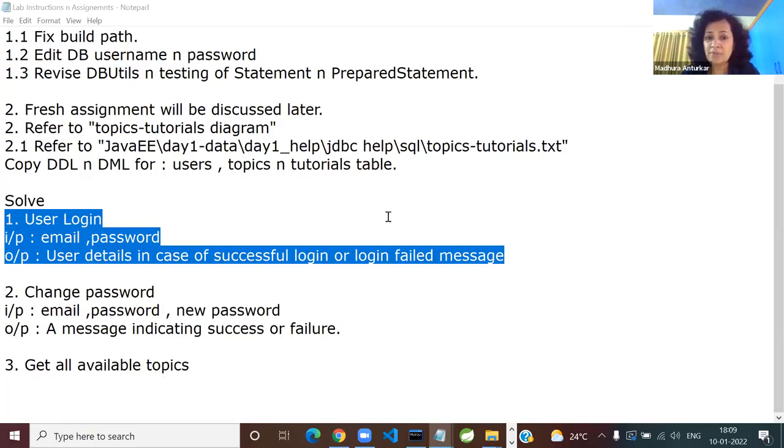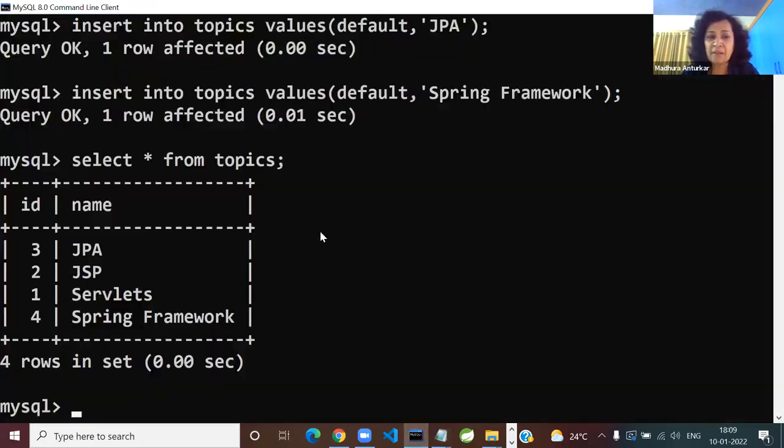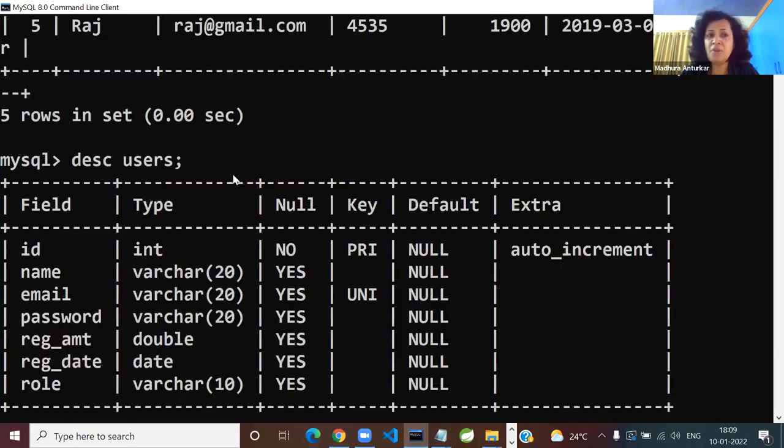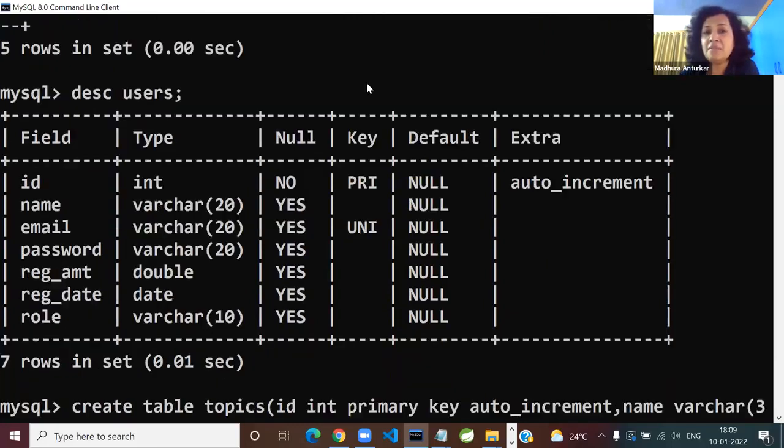So can you tell me what will be the query? You will be working on which table? The users table. So select star from users. Will there be a where clause? Will there be any in parameters required? Yes. How many? The moment I say in parameters, which is a better option, Statement or PreparedStatement? Of course, PreparedStatement.